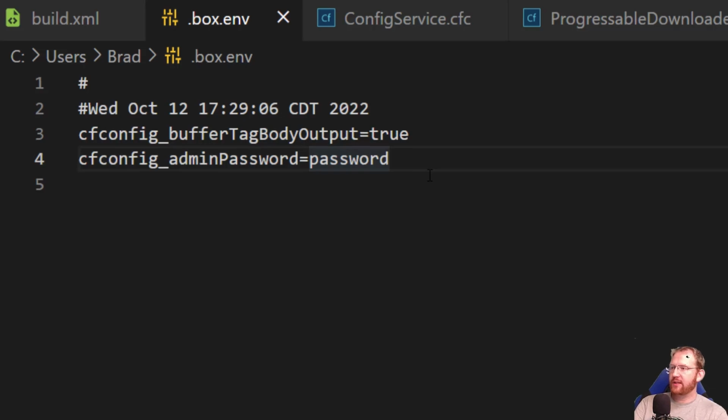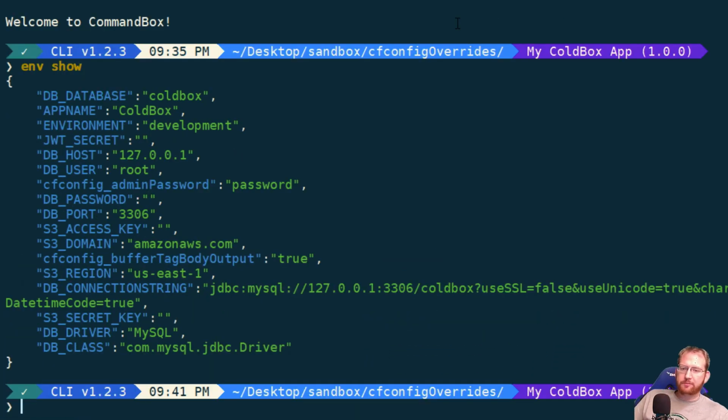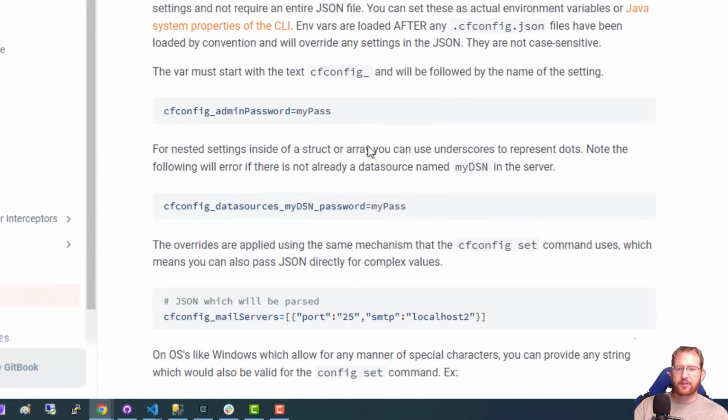And in fact, if we finally jump over to CommandBox and I run env show, we can see we're picking up both the .env file in my current folder, which is just a ColdBox application skeleton, and we also see my CFConfig admin password and my CFConfig buffer tag body output, which came from that global env file. So we can add a couple more ad hoc environment variables. So let's override